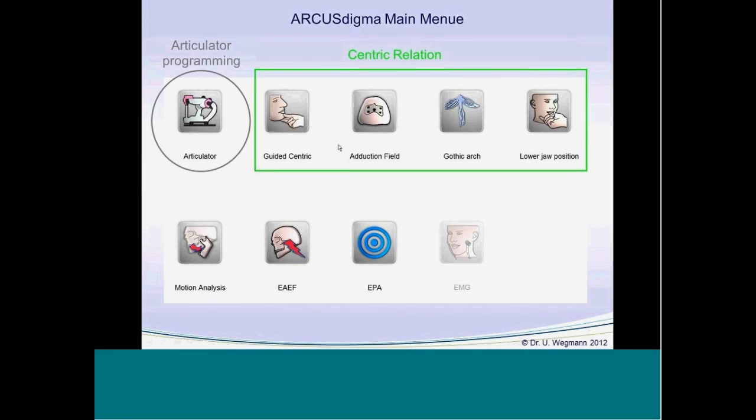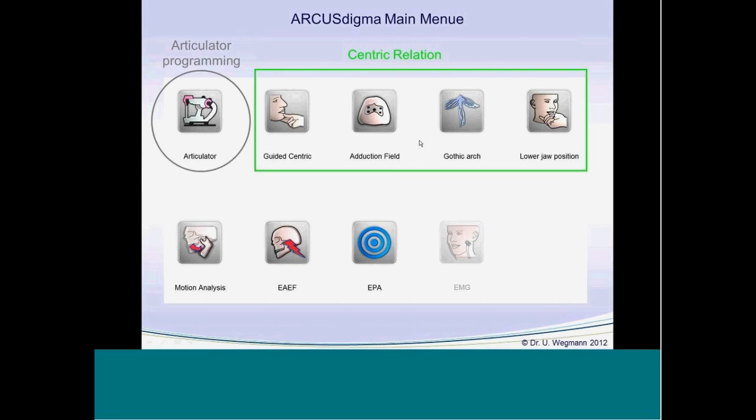But you are used to different kinds of systems, how to position the lower jaw in the right centric position. And therefore, you can find here 4 different buttons for different kinds of centric records.